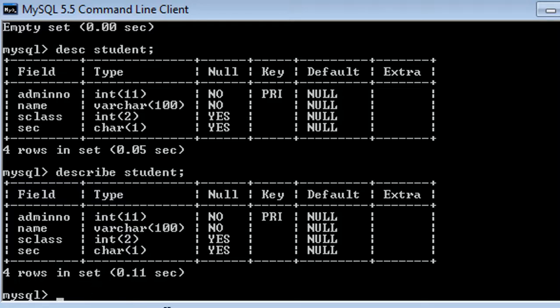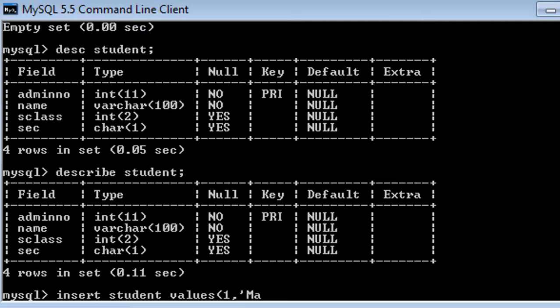Right, now let us insert data so that we can work on the table. For this we have an insert command. Just type insert and then specify the table name student and then values. This is a simple syntax I am teaching you. Later on we will discuss the insert command in detail, but for now I am using a default syntax, right. So first value, that is, let's say admission number 1, and its name is, let's say